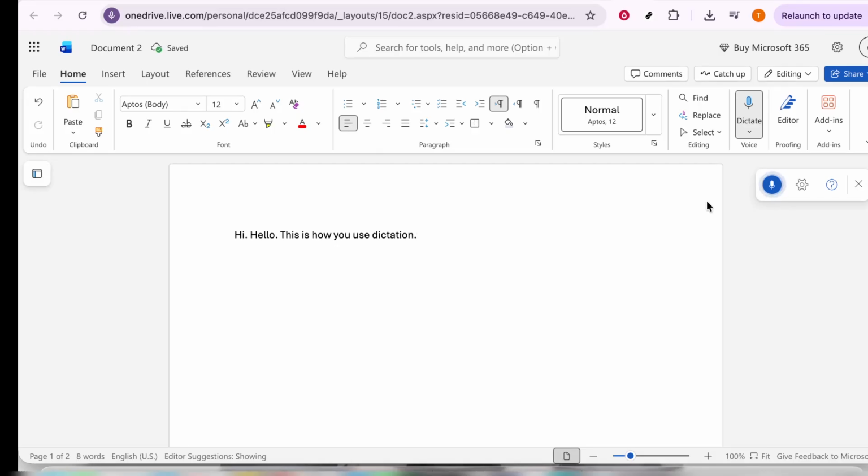That's all it takes to start using dictation in Word. Click on Home, select Dictate, and begin speaking your document into place. With a little practice, this can become a fast and easy part of your